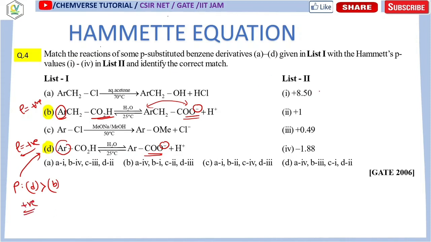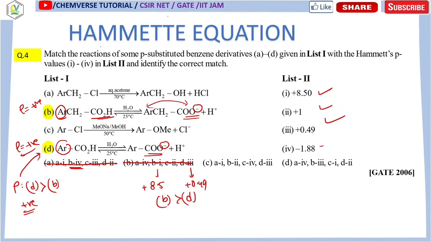Now if you see the positive values 1, 2 and 3, these are the positive values which are given over here. So in case of option A, you can see here B is 4. 4 means a negative value, so a negative value cannot happen, so option A is already ruled out. Now in case of option B, you can see over here B is 1, so B has the value plus 8.5, and D is 3, so D has the value plus 0.49. So in this case, entry B is greater than entry D. So this is not the case over here, so option B is also ruled out.